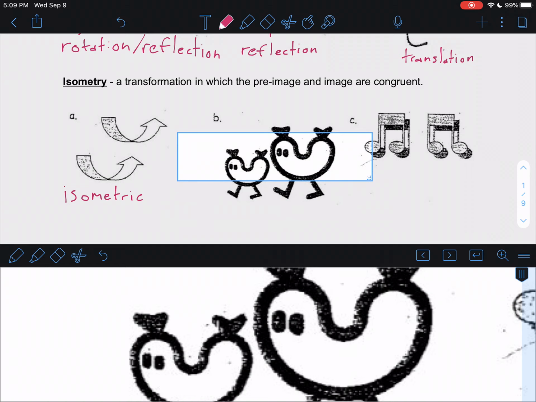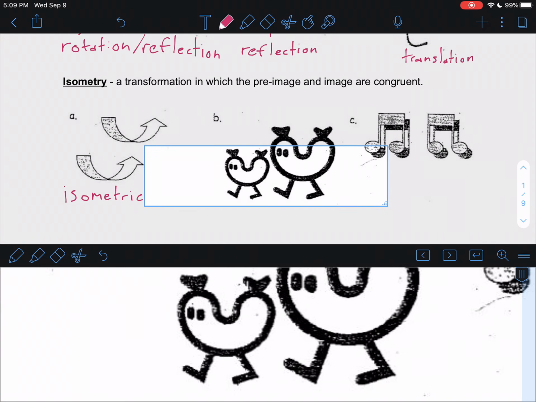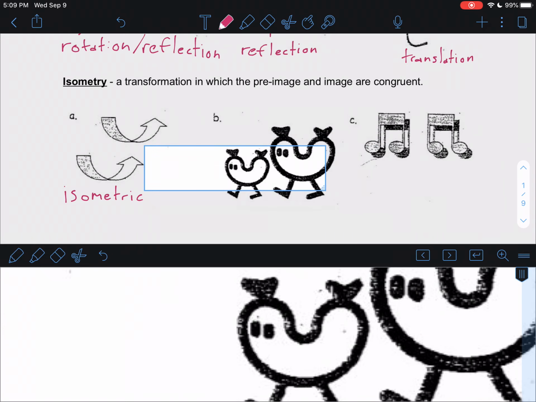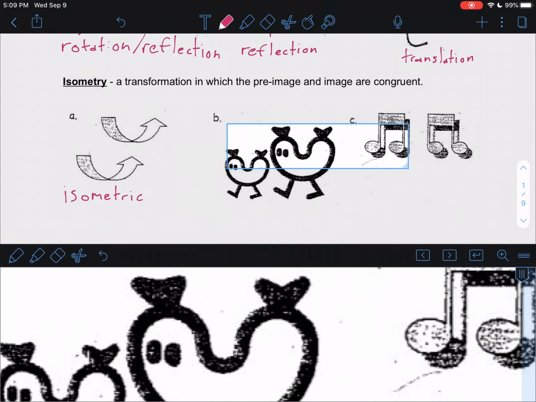With B, we have, I guess, a walking hot dog or something. I have no clue. But this one goes from this small one to this large one. Or maybe it goes from the large one to the small one. I don't know. But either way,